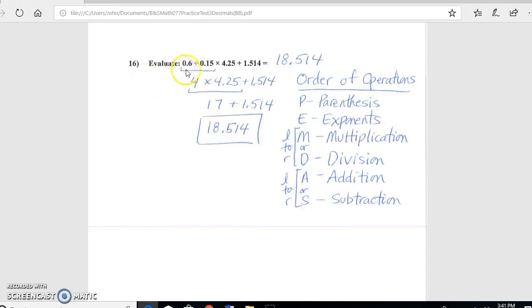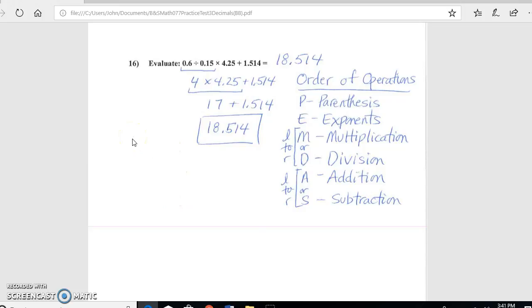order of operations, we would do this division here first. We have no parentheses, no exponents, so we would do multiplications or divisions, whichever comes first, left to right. We would do this division, and we would get 4 on our calculator, and then we would do this multiplication here times 4.25. We would get 17, and then last would be the addition, so the final answer would be